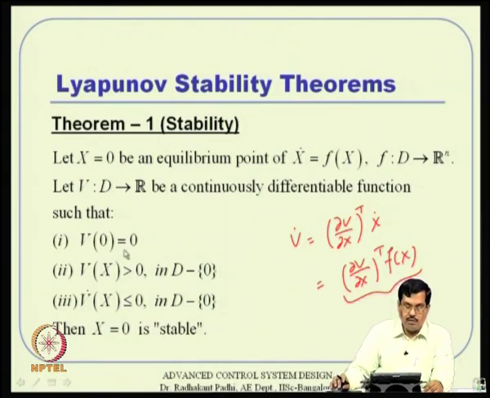So, satisfying these first two conditions is typically not that difficult, but V dot of x has something to do with our selection coupled with the system dynamic equation that we have, f of x comes into picture actually. So, V dot, what you want to analyze later, is a function of both our selection as well as what system dynamics we have. Okay. That is where the difficulty comes actually, because our selection and system dynamics may not match exactly. That is the first comment. Okay. The second comment,